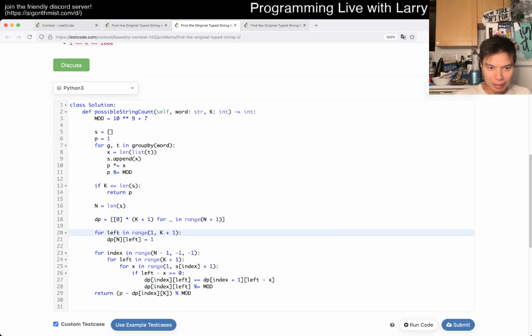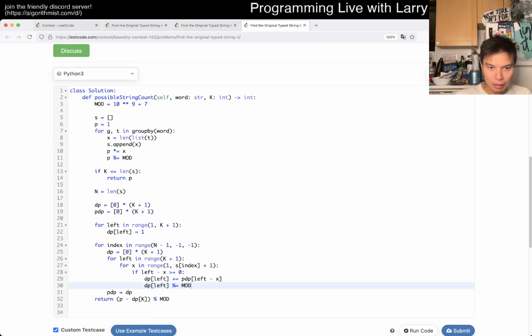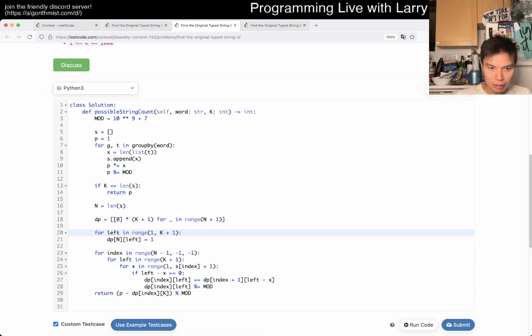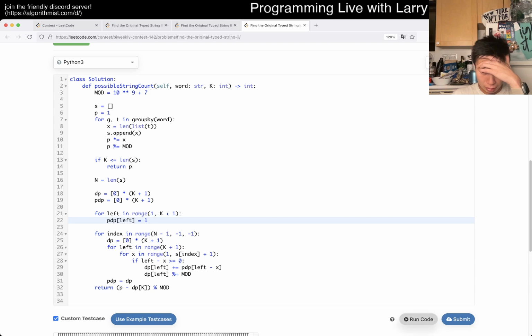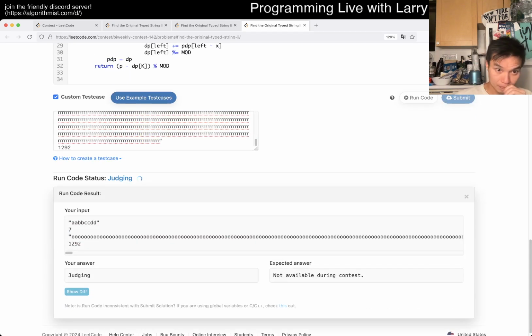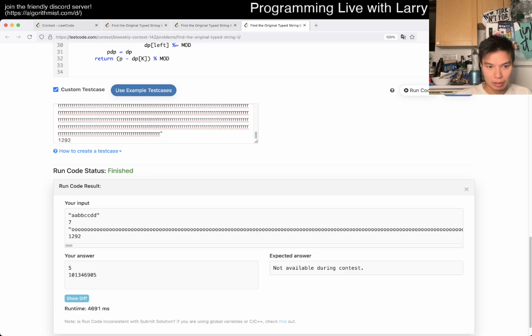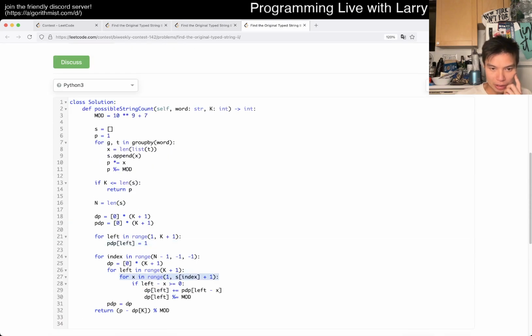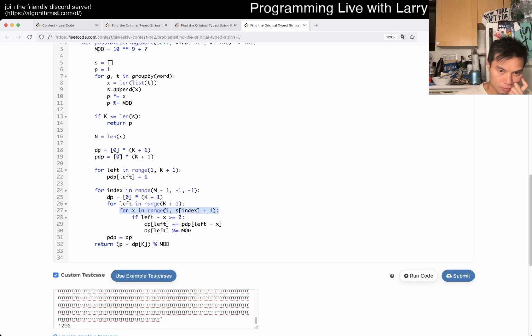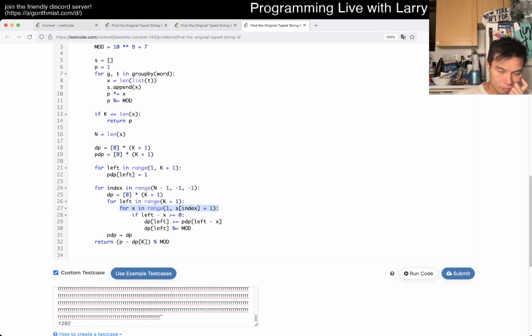I was expecting it to be the same. K minus 1 again. And oh, I see. Because the base case is wrong. I set it up incorrectly. Okay, so now we're at the same answer, and now we just have to optimize out this thing. That's not that hard, right?